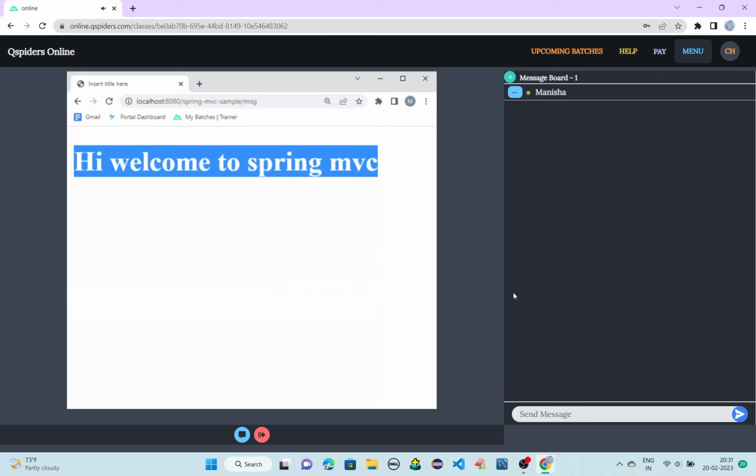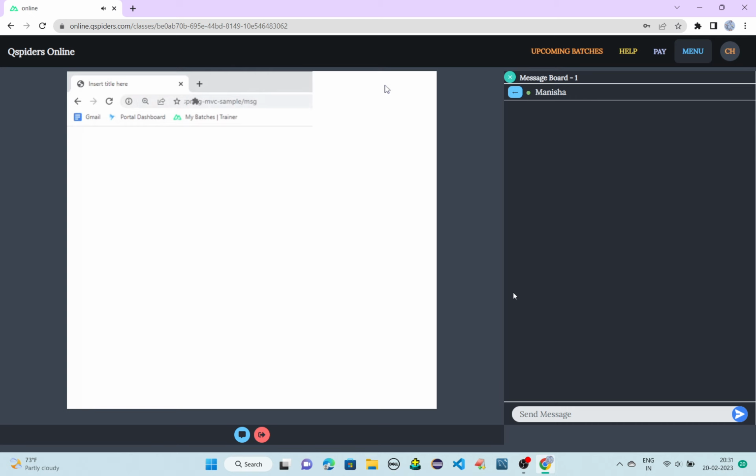So it will go to display.jsp and send whatever is written there to the browser. This is the workflow which I executed. It takes some time, and then it displays the message. So I got hi, welcome to Spring MVC.